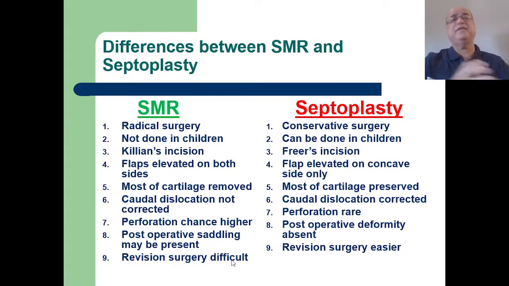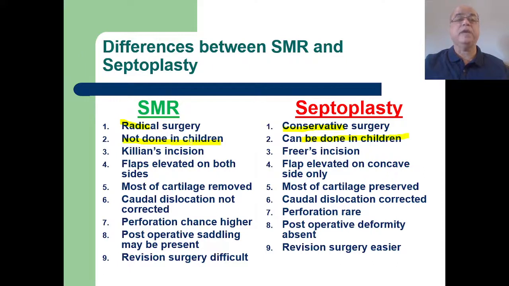If you remember this slide, you can very well differentiate between these two. One is radical surgery, the other one I just mentioned is conservative surgery. This radical surgery could not be done in children below 17 years of age, while septoplasty can be done. In case of SMR, Killian's incision. In case of septoplasty, usually Freer's incision, but as I just explained, even other incisions can be used. But for undergraduates, you have to remember that Freer's incision, which is also called hemitransfixation incision, is used